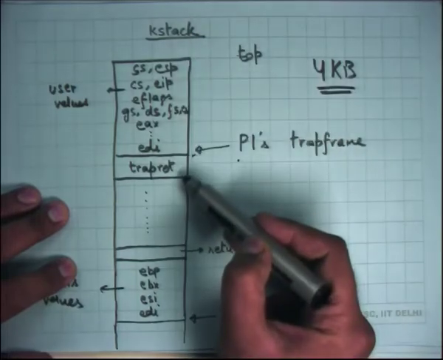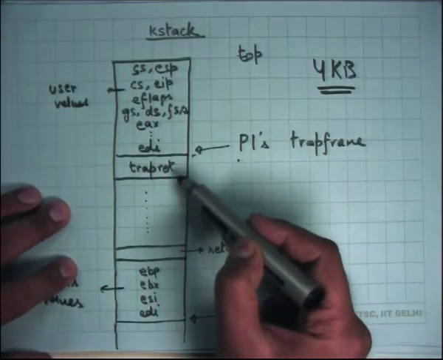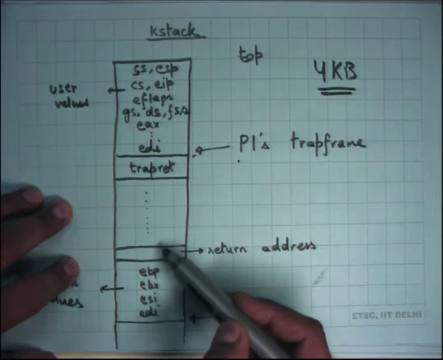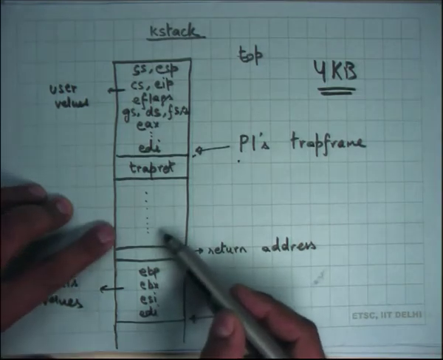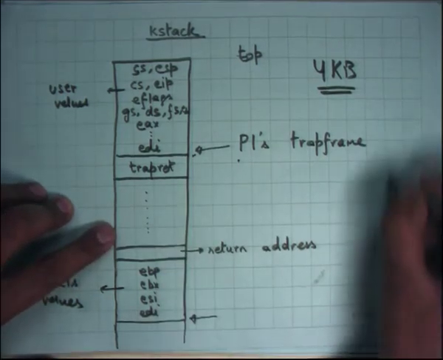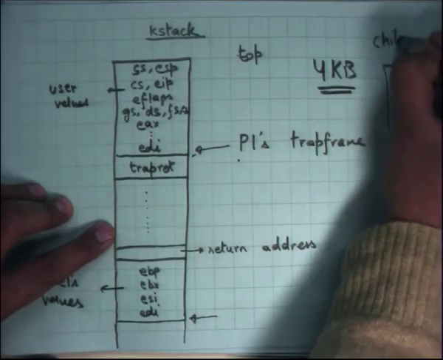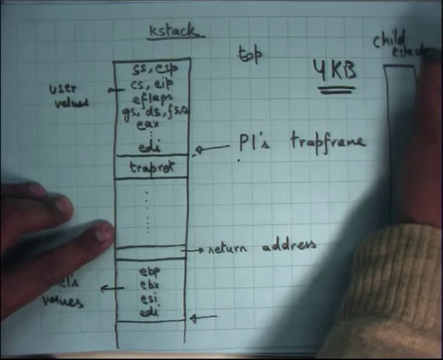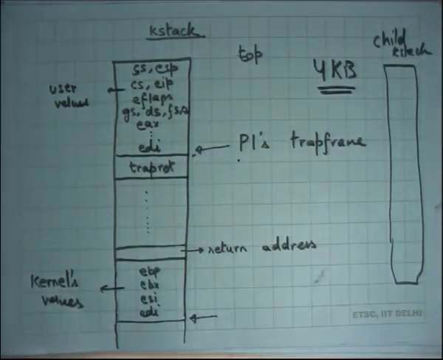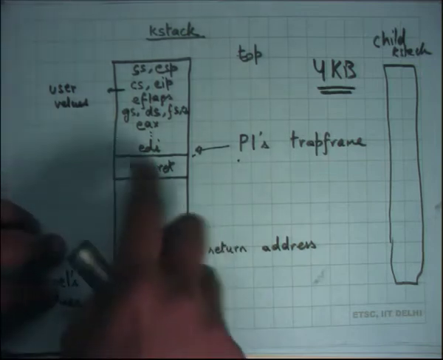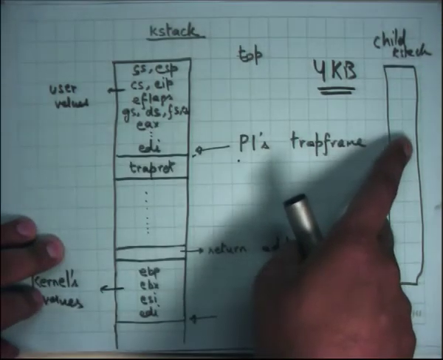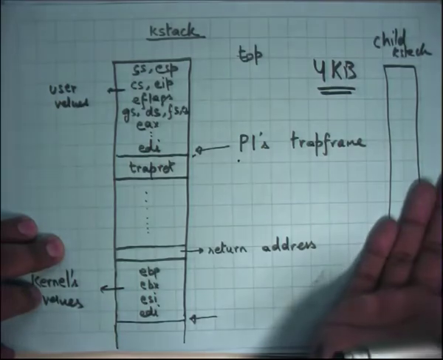Fork will be treated just like any other system call. So this trap frame is going to get pushed. Some functions are going to get called. And in those functions, it's going to create another stack, the child k stack. Where is it going to allocate the space to create the child k stack? From the kernel's heap. kalloc, right. So it calls kalloc to create a child k stack, and it initializes the child's k stack such